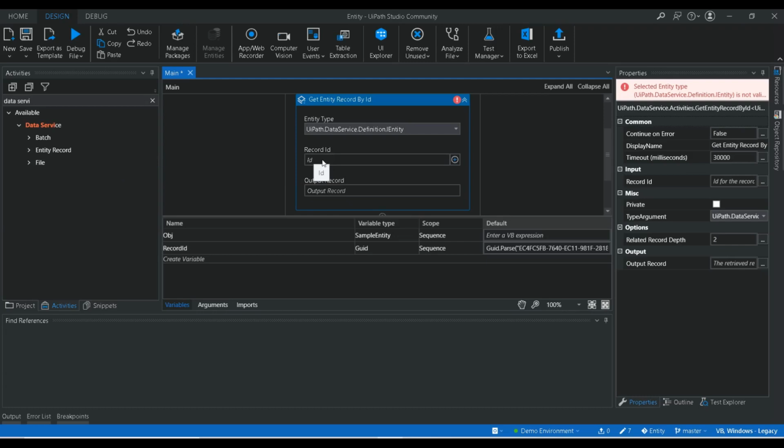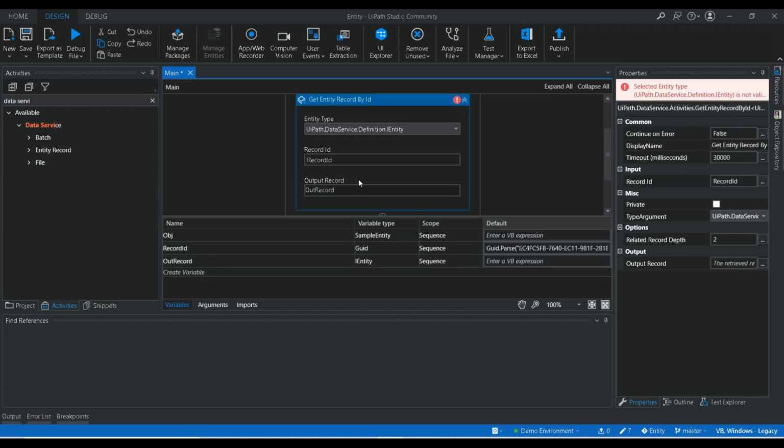Here I'm going to use the same GUID type record id variable that we created for the delete entity record. And here I'm going to create a new one, and name it out record.